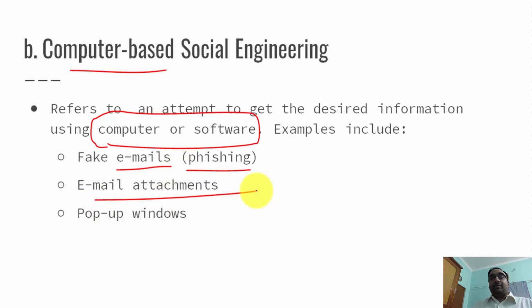So you can see the second one, email attachments. I don't know how many of you got this, but sometimes you will get emails with some title, there is no message in the body, and below there is an attachment. Never open such kinds of attachments. Just delete those emails. And whenever you get emails with a message body, also try to verify from whom you are getting it, and just be cautious.